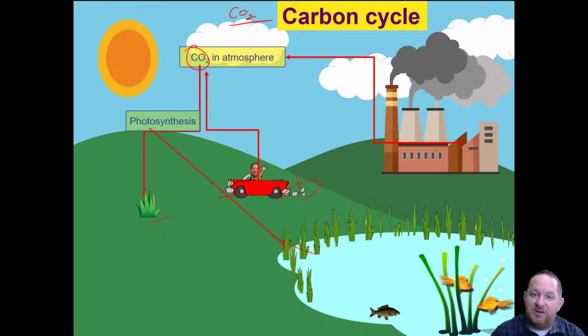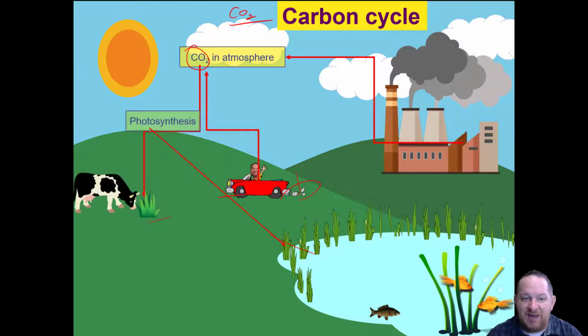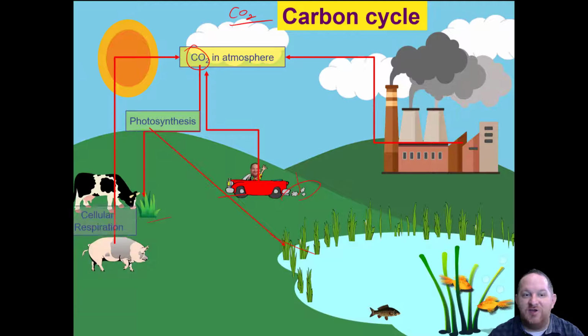All right, so we're putting carbon dioxide in, we're taking some carbon dioxide out. What else is happening? Oh, well, the cows and the pigs that eat the plants. So photosynthesis happened. Those plants worked really hard to take out the carbon dioxide. Well, what do we do? We eat those things, and then we undergo cellular respiration. We break down those sugars and release that carbon dioxide back into the atmosphere, of course. So we put more back in.